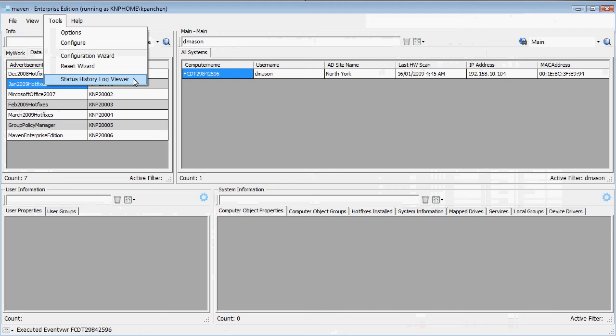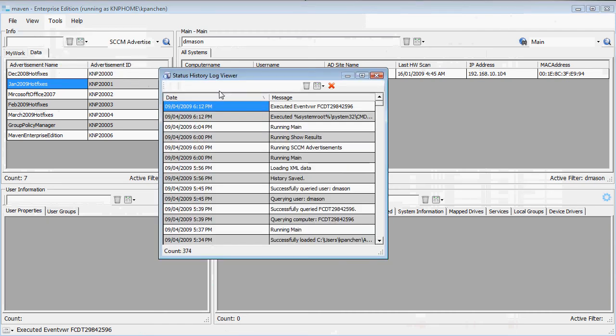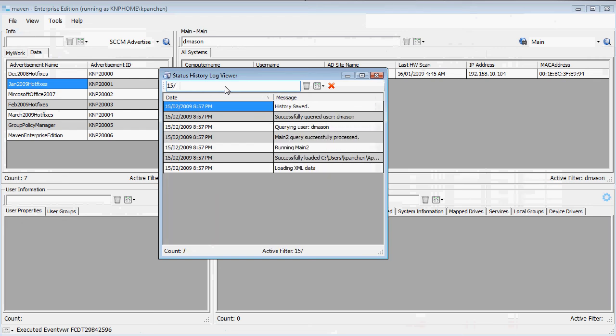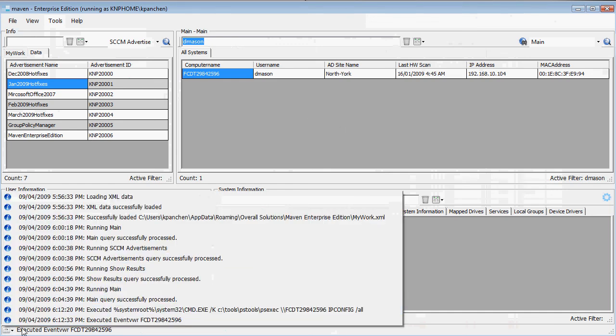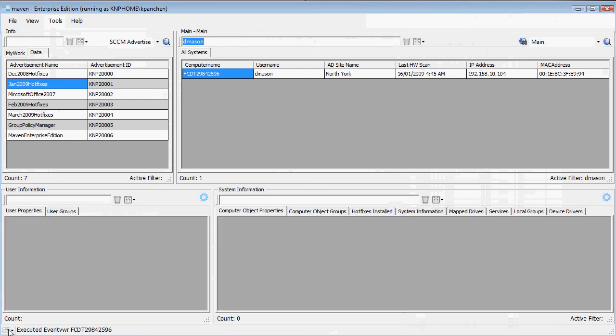So I could open up the status history log viewer, and you can see this brings up a separate window, and I can say show me stuff that happened on the 15th of February, and you can see, oh, I queried D Mason here, and I could right click and apply as filter, and that would put that information in my filter. So essentially we have a small audit trail, and this of course is stored in a log file,